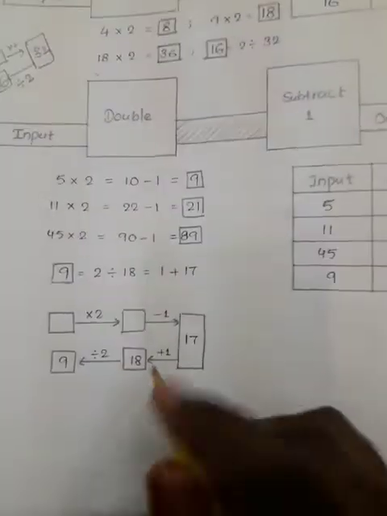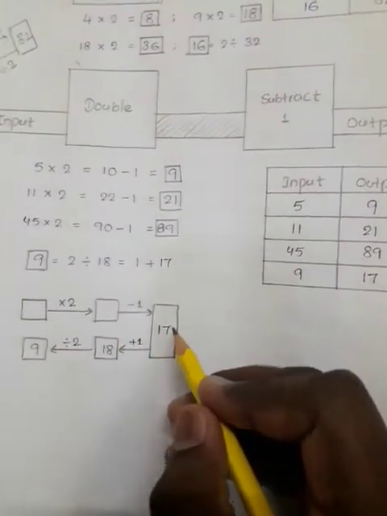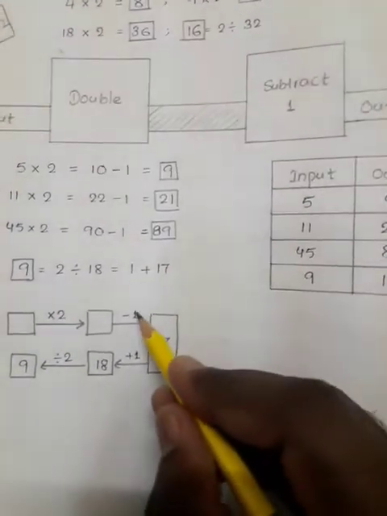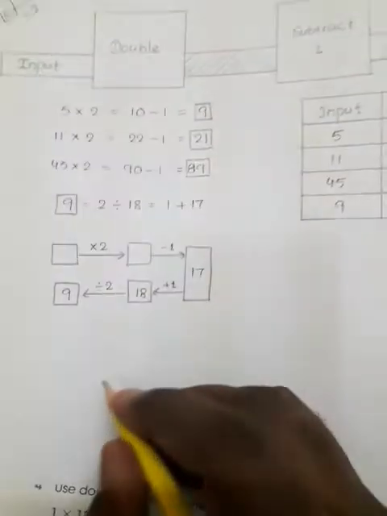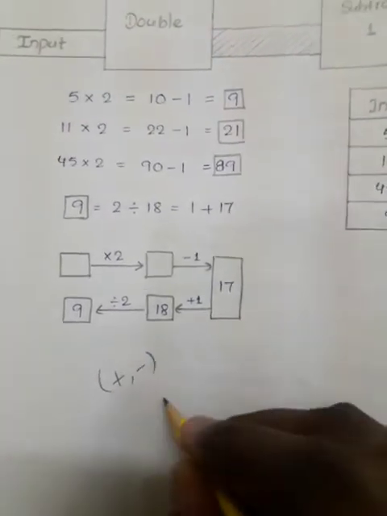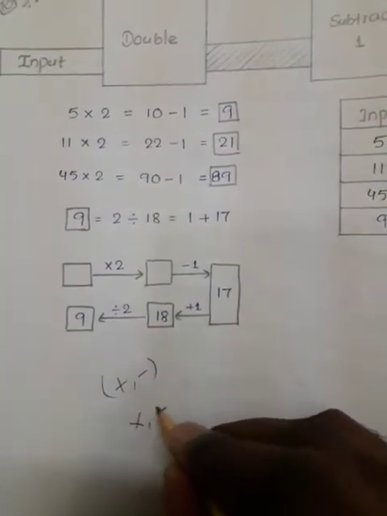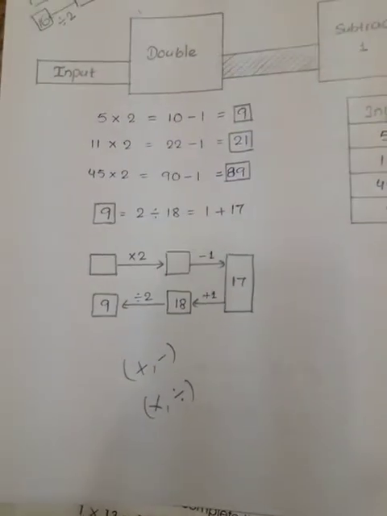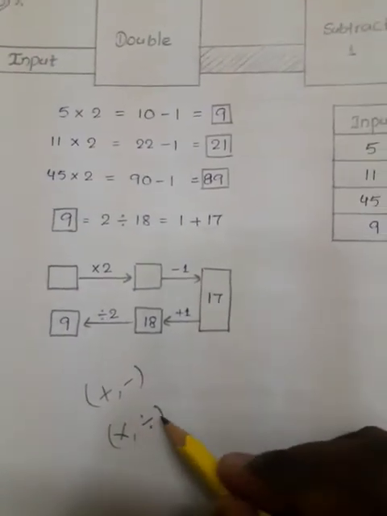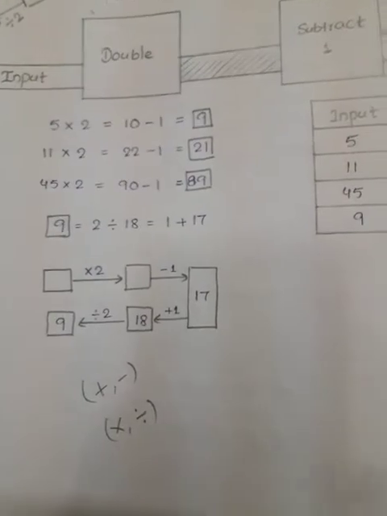Okay. Now the output is given. Look here, how much is the output? 17. So this is the rule given. I need to find out the input. How to find it? This minus 1 changes to plus 1. Remember, every time there is a relation between plus and minus, and a relation between multiply and division. Like we learned the inverse concept in one class. So plus changes to minus, minus changes to plus, multiply changes to division, and division changes to multiplication, remember.